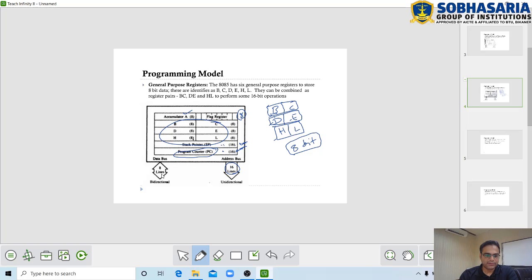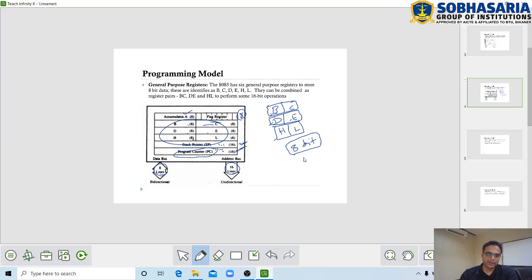The data lines are 8-bit in size, so the accumulator, flag, B, C, D, E, H and L are all 8-bit registers. These two registers, stack pointer and program counter, are 16-bit because the address lines are 16-bit.